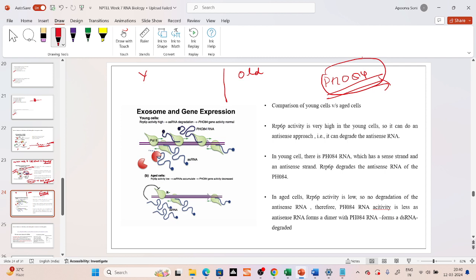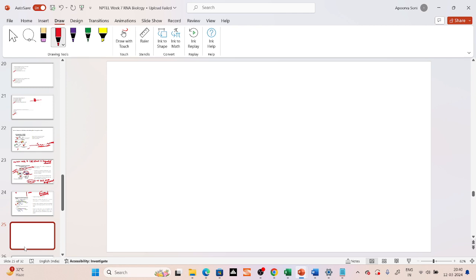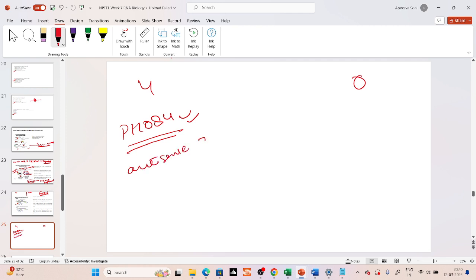When it is double stranded, RNA cannot work. So in young cells, this 484 is very much activated because the antisense portion of this RNA is deleted. Whereas in old cells, this 484 is not active because it has both